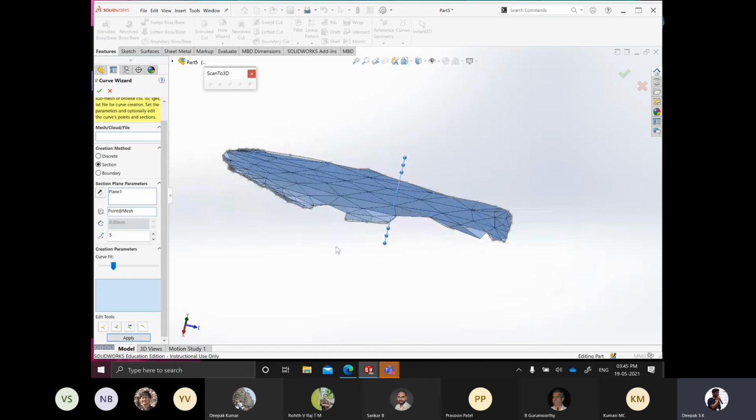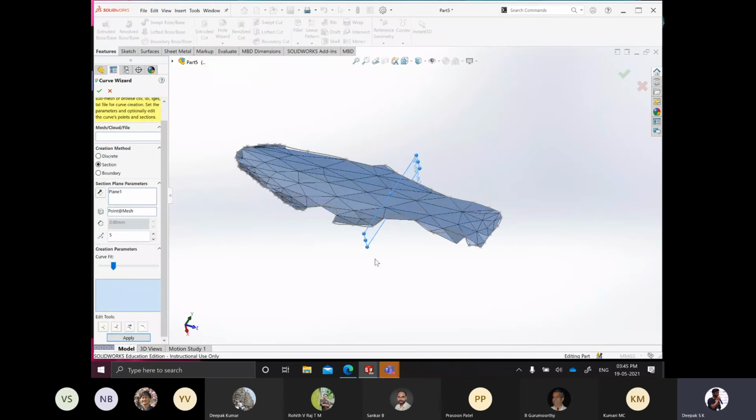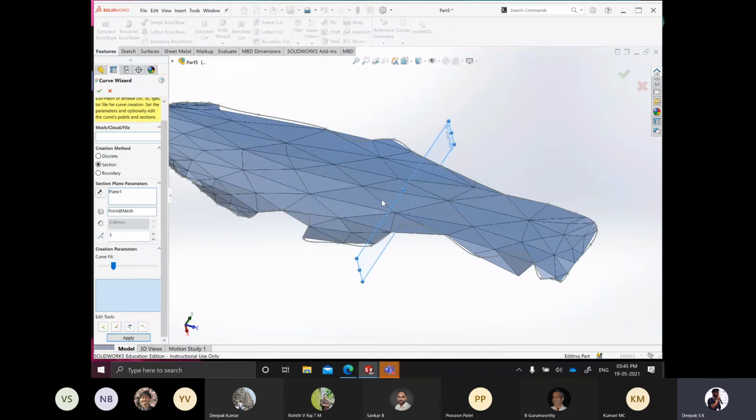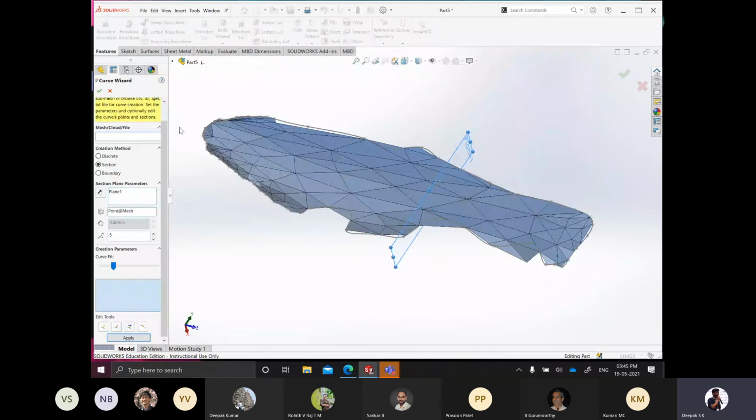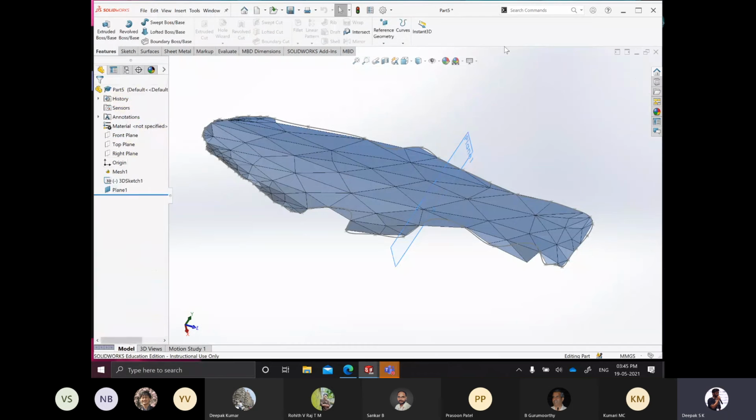It is processing. It will probably take more time, but if you have a good machine, you can do this pretty fast. I think it's not possible to show this now, so I'll simply quit it.